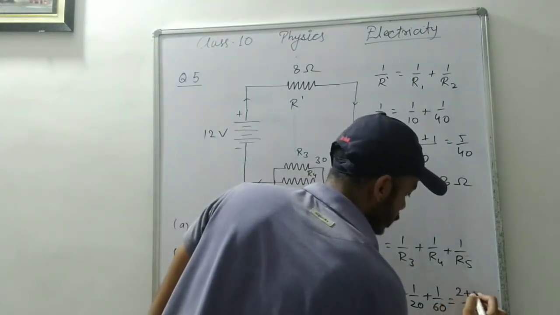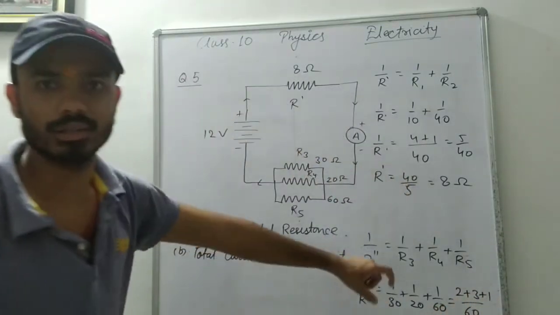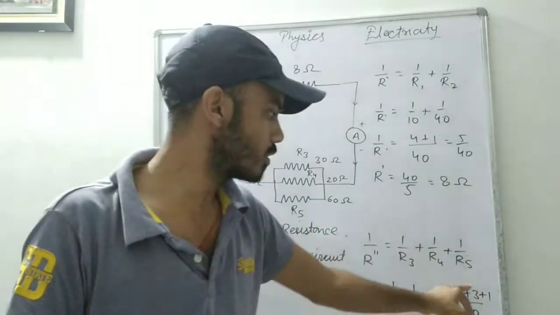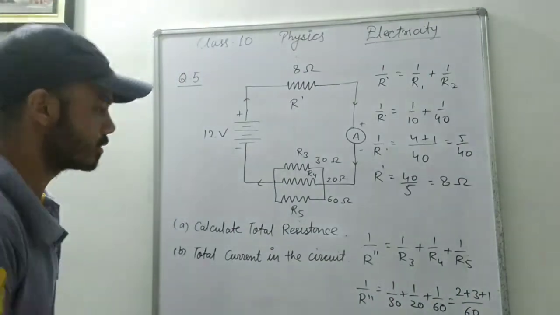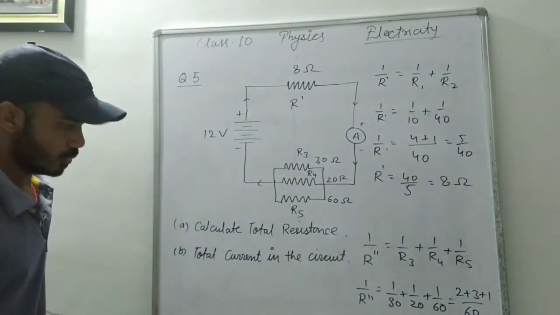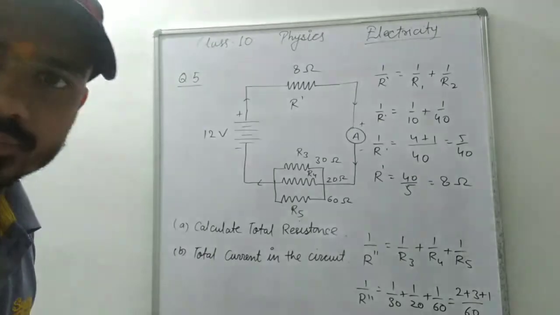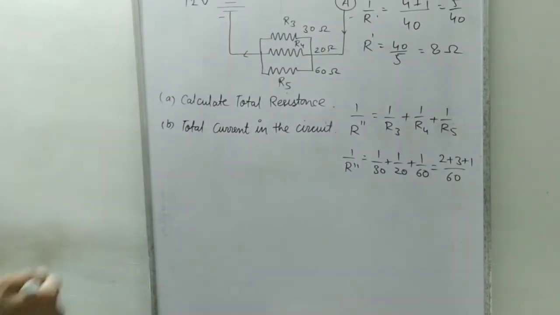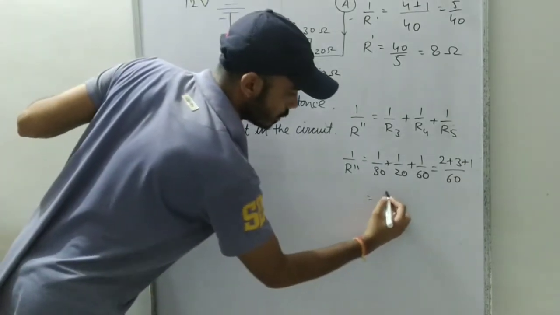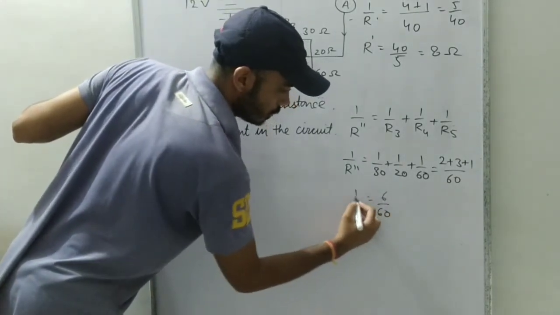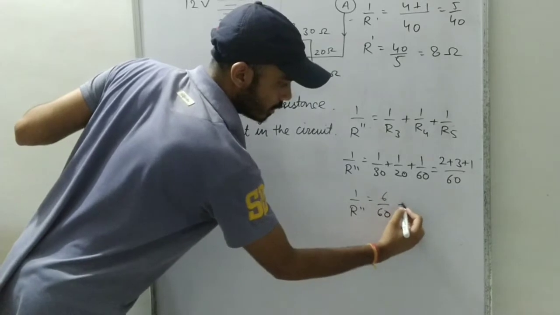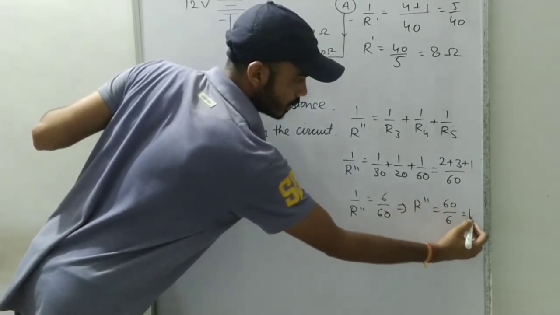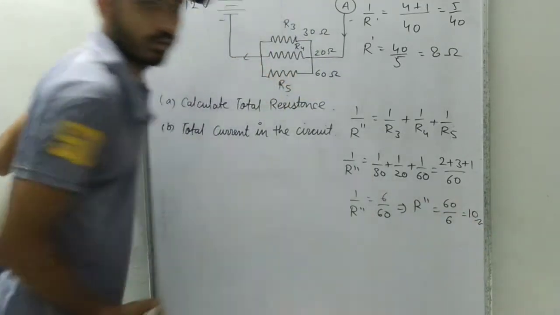Okay, 2 plus 3 plus 1. It is a mathematical calculation, you can easily do it. 2 plus 3 plus 1 upon 60, 2 3 is 5, plus 1 is 6 upon 60. So here I am writing 6 upon 60, 1 upon R double dash, and R double dash equals 60 by 6, so 10 ohm. Okay,